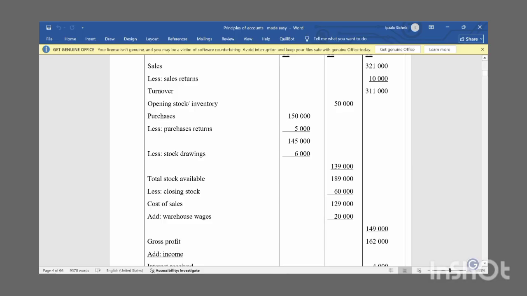So once you add, you will get 149,000. This figure will be subtracted from the turnover or net sales, and what you will get is what we call gross profit,